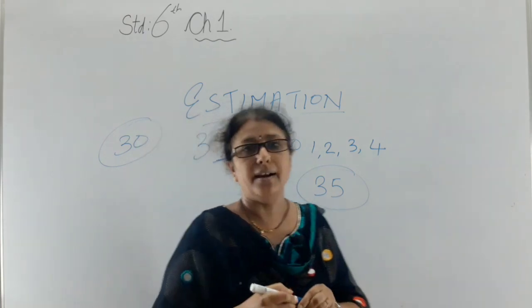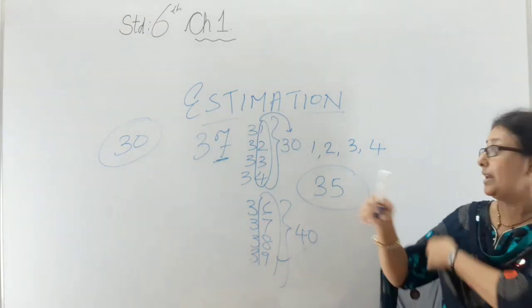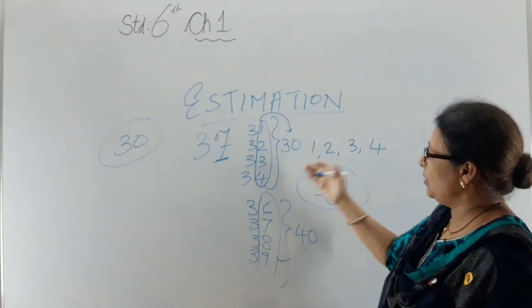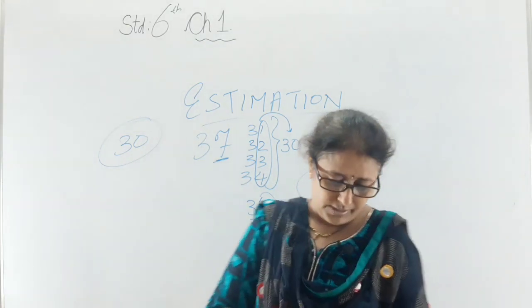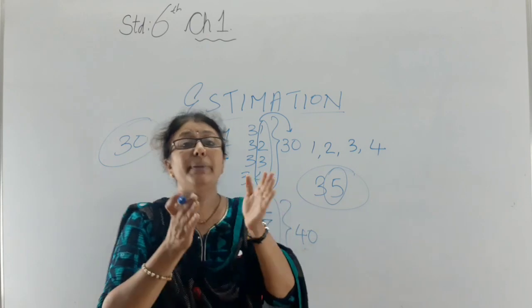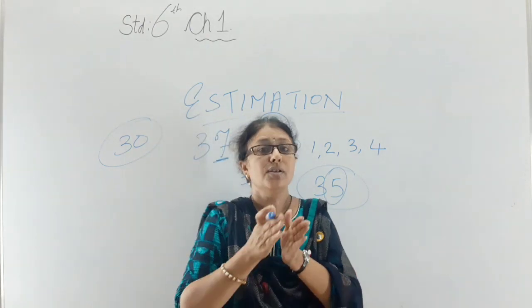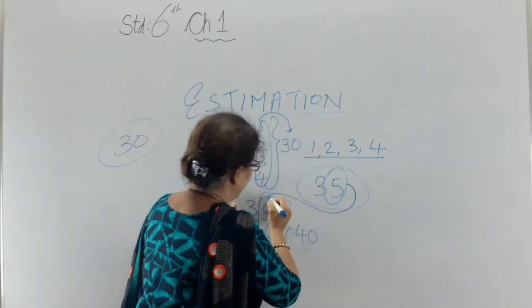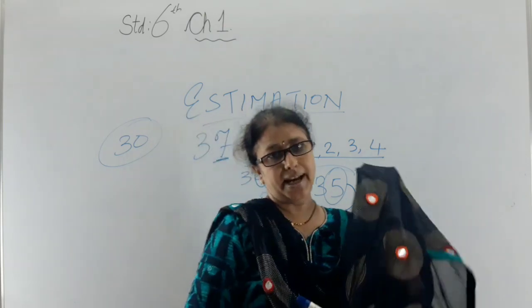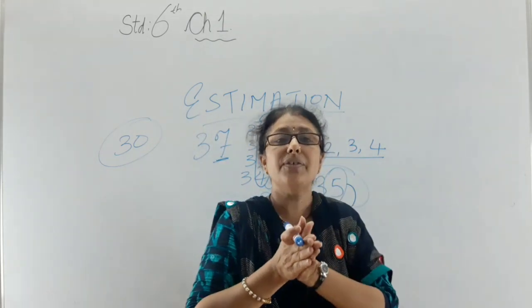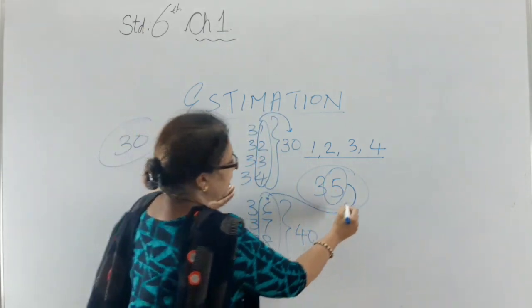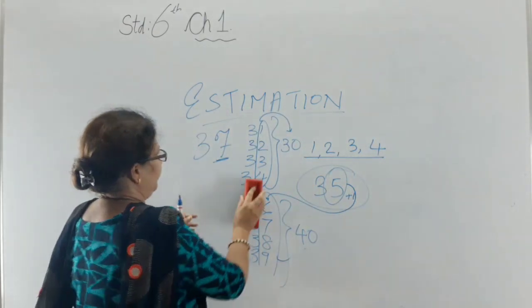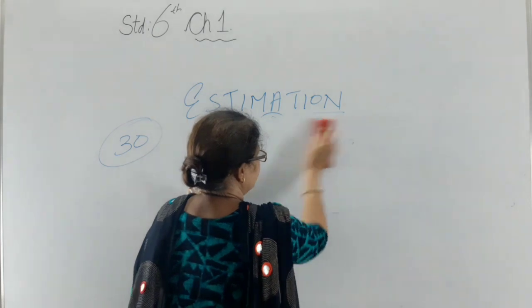Now what about 35? You must be thinking I have not used this number 35 anywhere. I am missing one number, that is 5, in this calculation of 1, 2, 3, 4, 6, 7, 8, 9. 5 is generally the middle number between 1 to 10. So instead of taking it in the category of 1, 2, 3, 4, we take 5 in the category of 6, 7, 8, 9. And as 5 is the middle number, whichever number is there in the last position, plus 1 is added to it. Now I'll explain how.